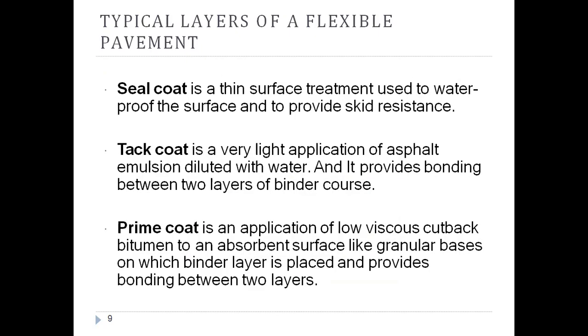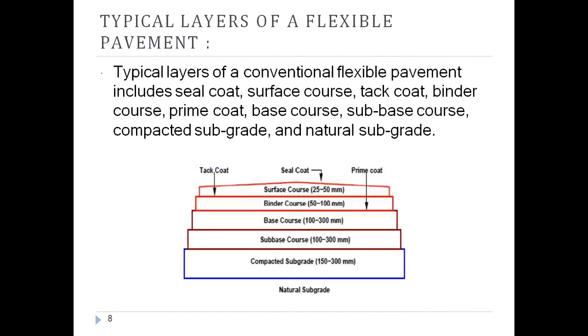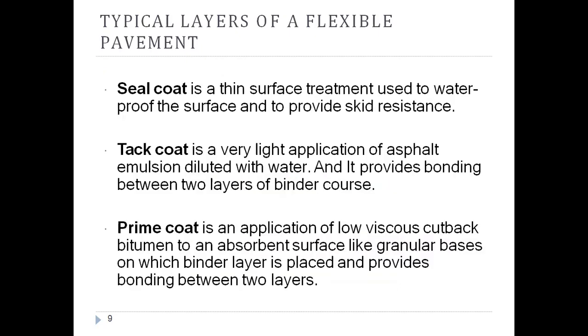So what is a seal coat? Seal coat is nothing but a thin layer surface treatment used to waterproof the surface and to provide skid resistance. Here, the seal coat is provided in the uppermost layer of the surface course. This seal coat cannot percolate water, or resists the water present on it, and also provides safe skid resistance to this upper surface, so the seal coat plays a key role in